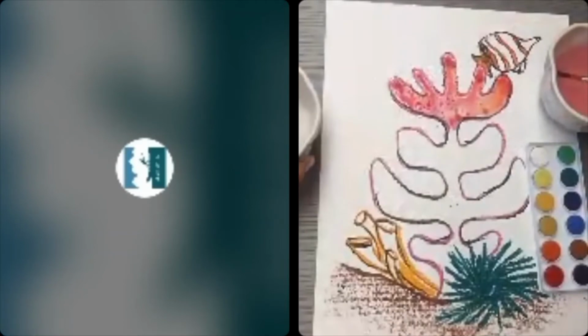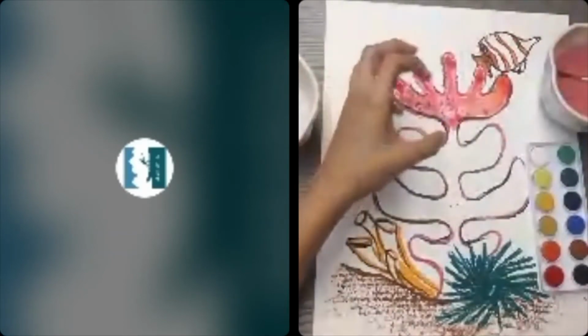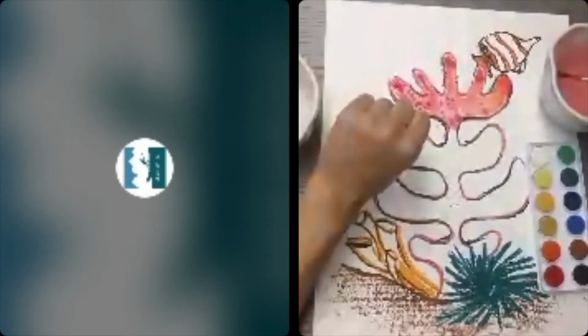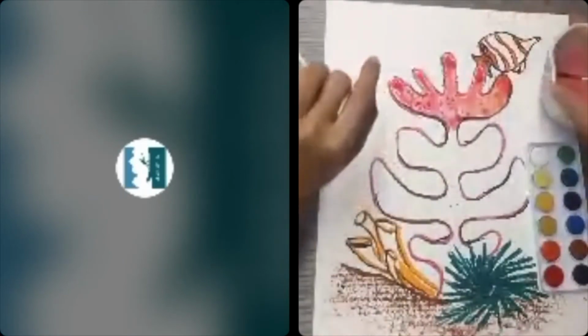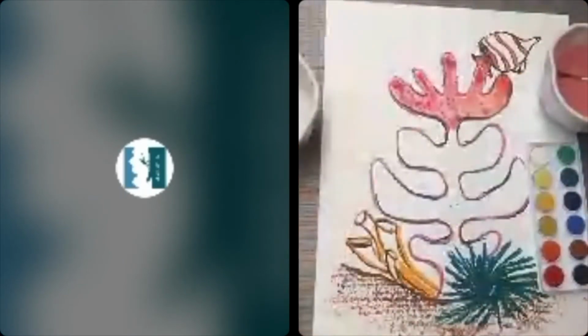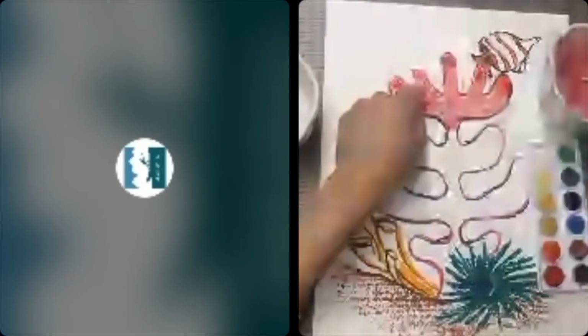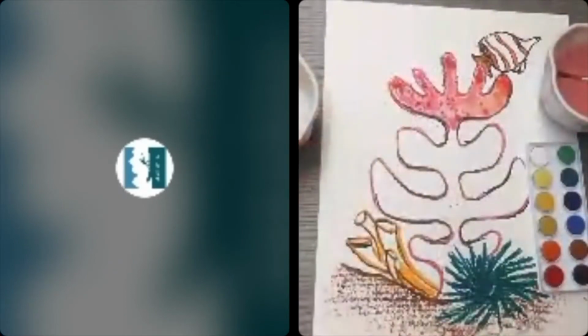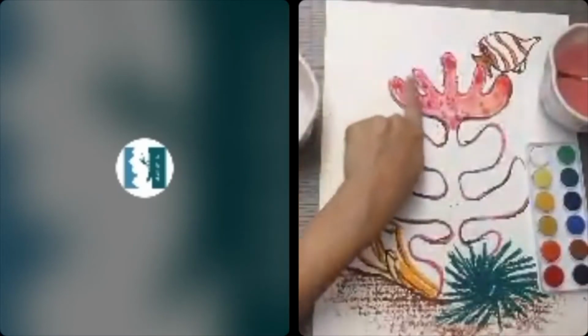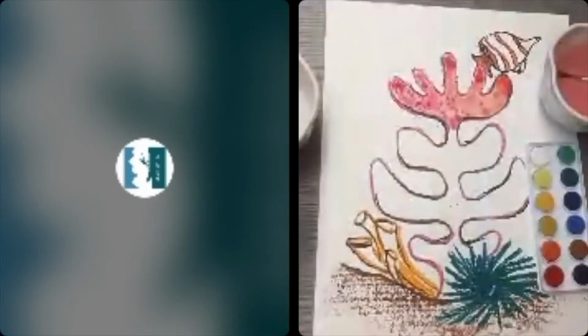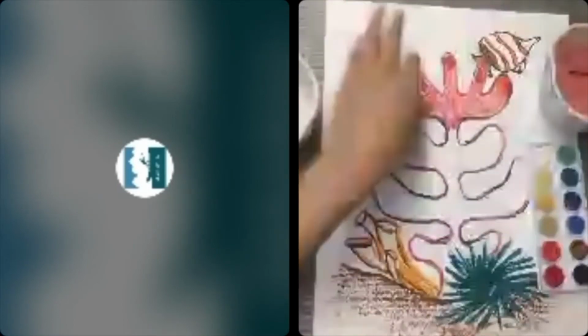So the salt is going to basically just absorb that paint, and it's going to take a little time to dry, especially those of you who, if you're in Chennai or in a humid area, it will take some time to dry, sometimes even all the way up to the next day, overnight. So it will need some time to dry, but once it's done, you can dust off the salt and there'll be a lovely textured effect left behind over there. So that's basically how the whole thing is going to go.